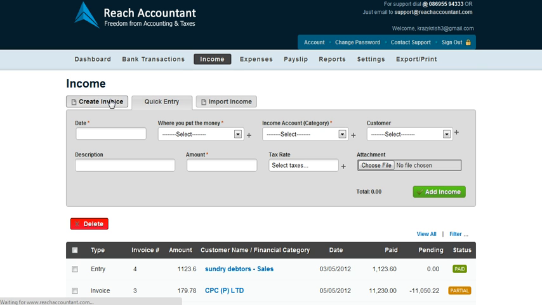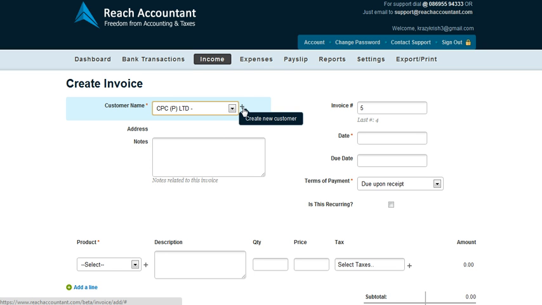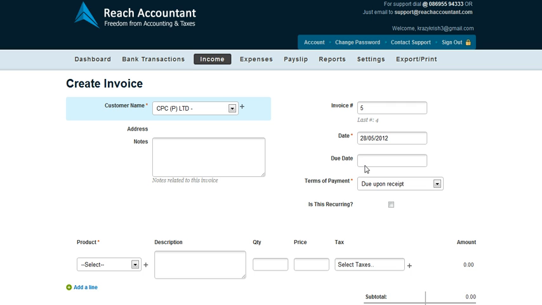Create invoice is the portion where you could actually create real invoices having your logo and branding to your customers. Now I'm going to do one for you. Here I'm going to choose a customer name which I already created using the plus star button here, and I'm just going to add the number. I'm going to choose today's date on it, and I'm going to indicate the due date as due within 7 days,